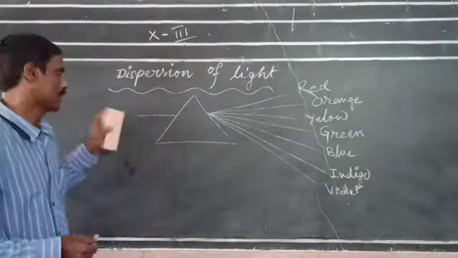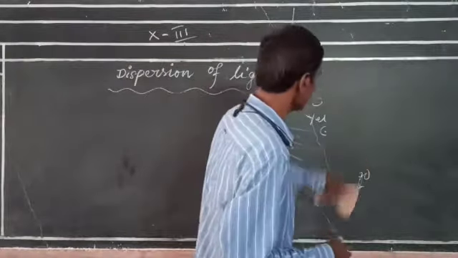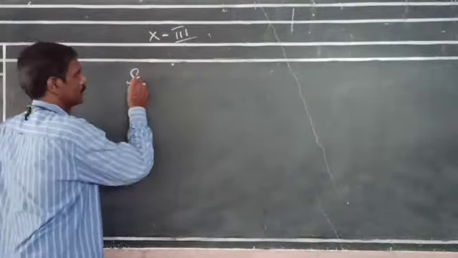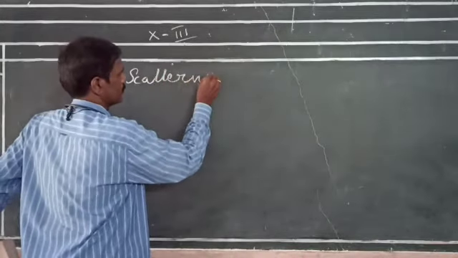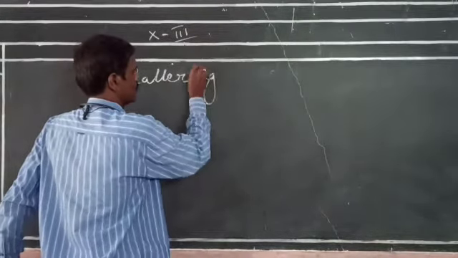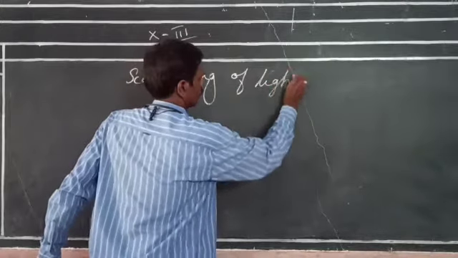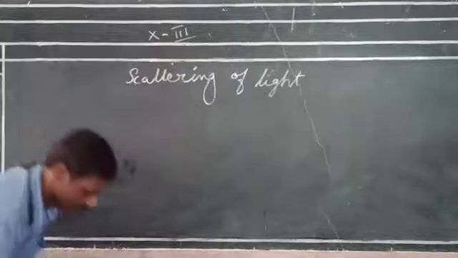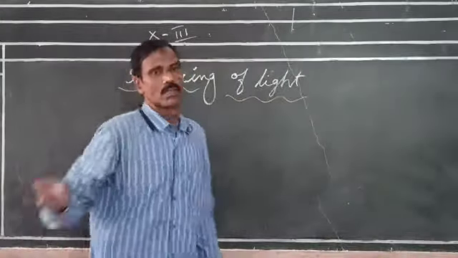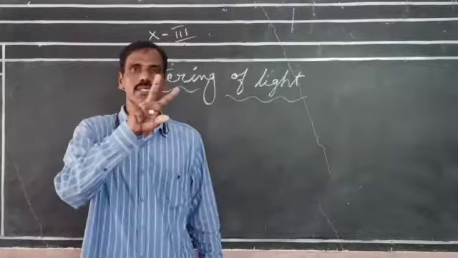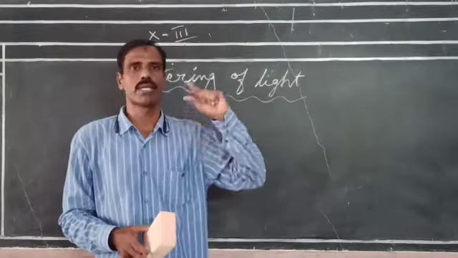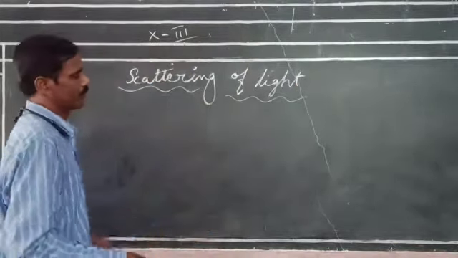Now we will discuss another topic, that is scattering of light. What is scattering? This topic we are discussing with dispersion because there is a difference between dispersion and scattering. In dispersion, light ray passes from one medium to another medium and splits into different colors, whereas in scattering,